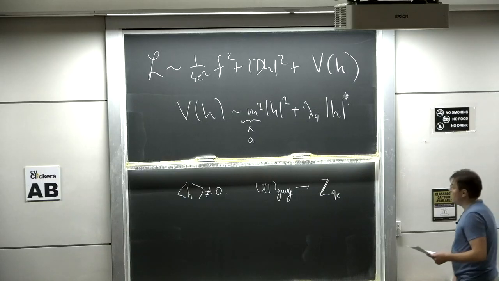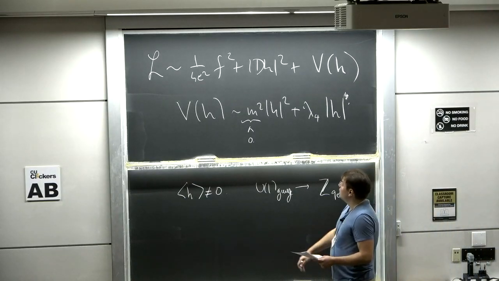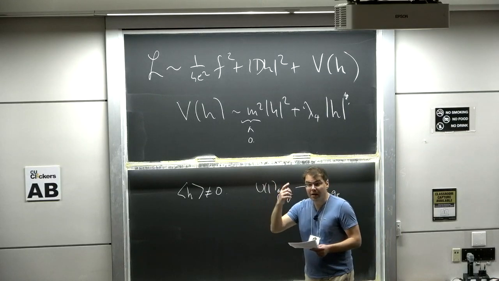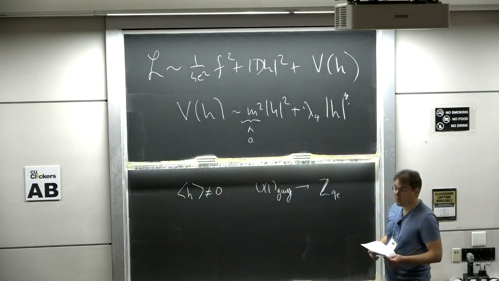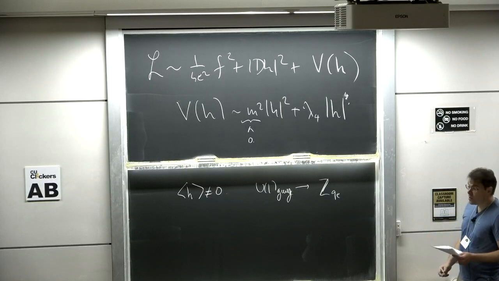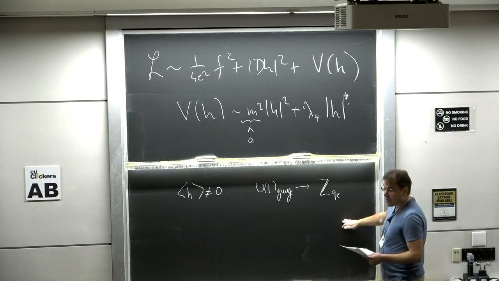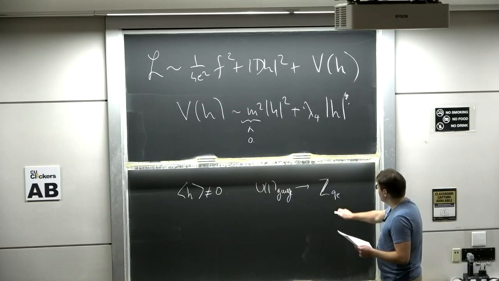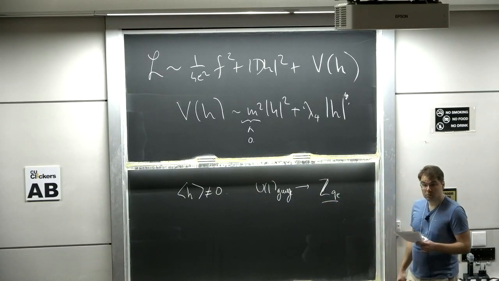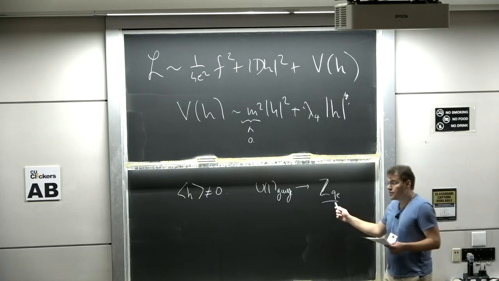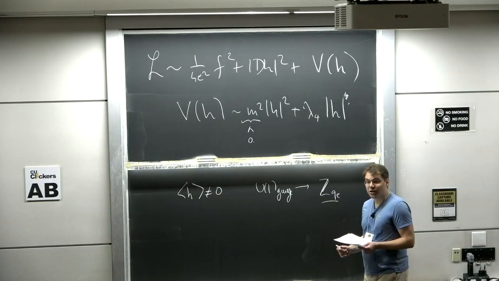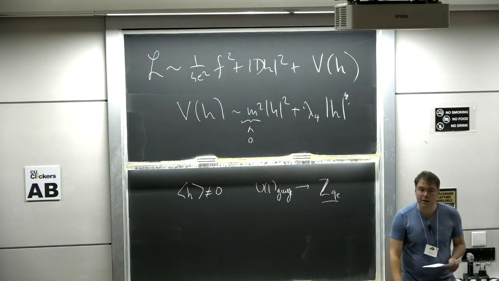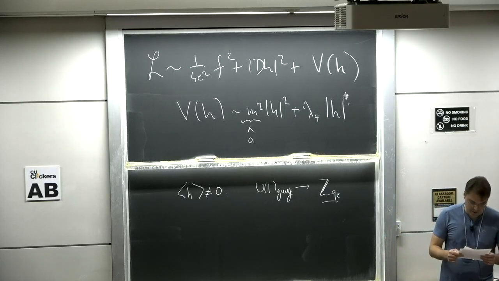All right, the theory is completely gapped. The photon eats the phase of H to make a massive vector boson. The radial mode of the Higgs field is also massive. So in the deep IR, this theory has no massless degree of freedom. However, because the gauge symmetry is broken to its Z_Q subgroup, there is a Z_Q topological discrete gauge theory living at long distances that I'll say a few things about in a second.